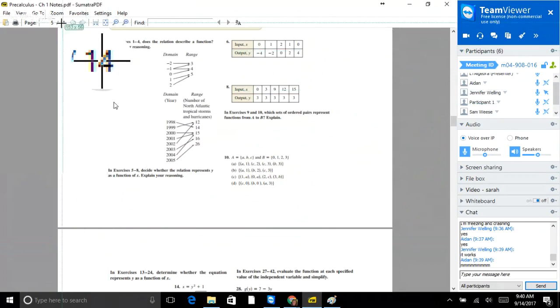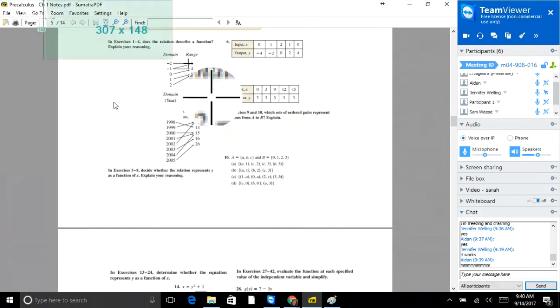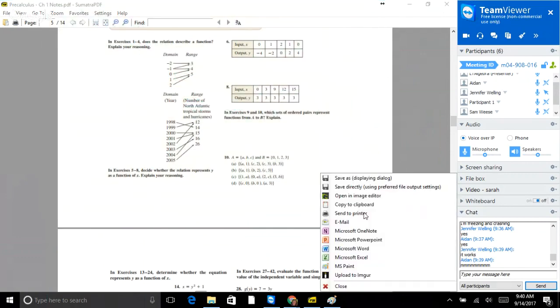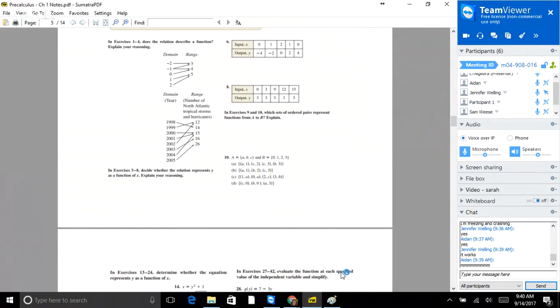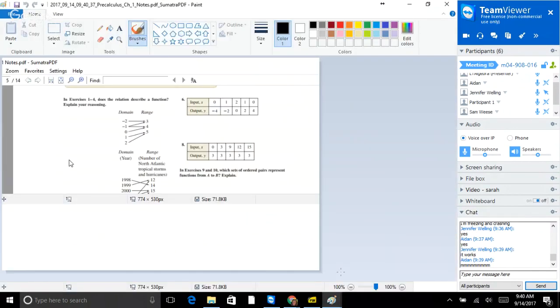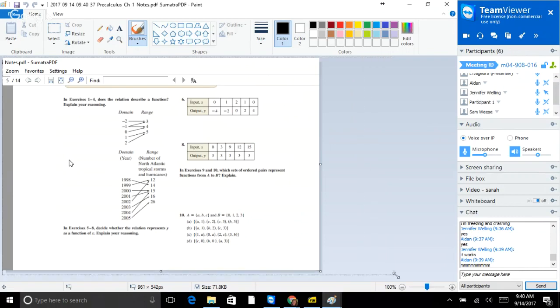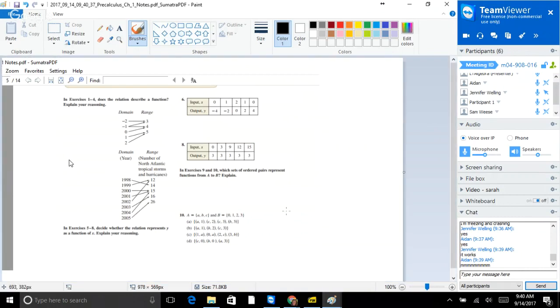All right. Good old paint. All right, now we can draw all over these notes. Maybe make them a little bit bigger if I don't distort it too much. Oh, that didn't even work. Okay, so